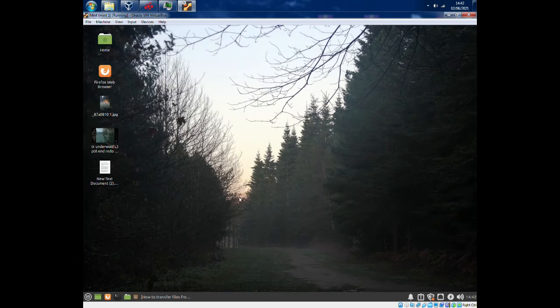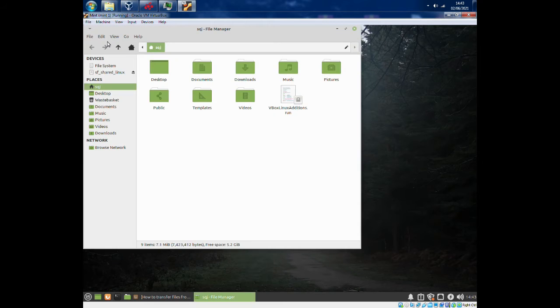So it does work for the purposes of me doing a video, say for YouTube, and I put it from Windows 7 to Linux Mint and then upload it to YouTube. That should work. And what I had an issue with was when you do, this is not a guide, but you can put the guest additions, which you need to allow the OS that's in the virtual machine to talk